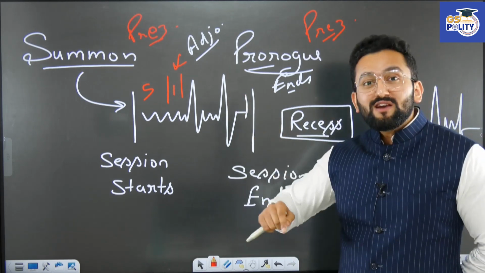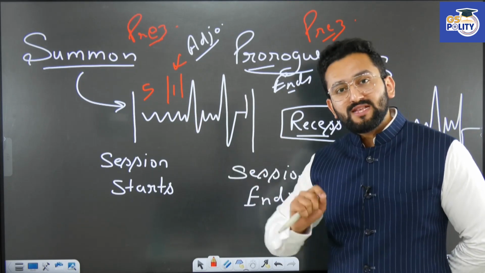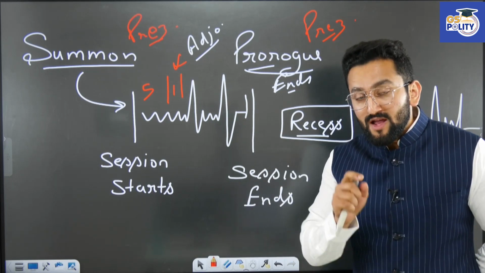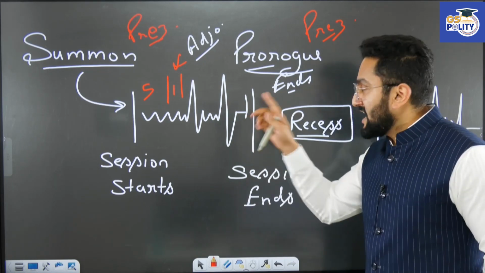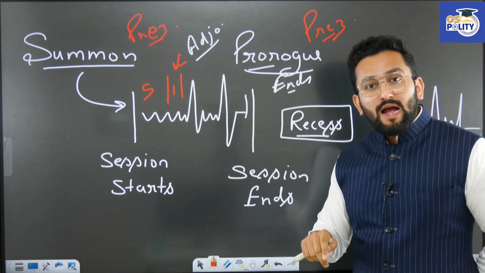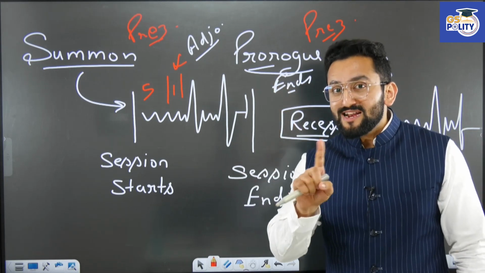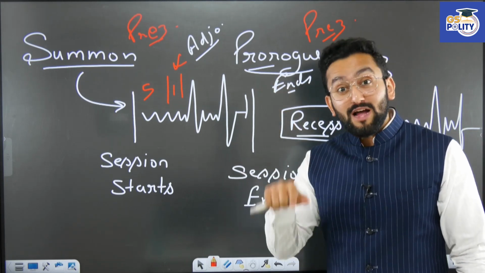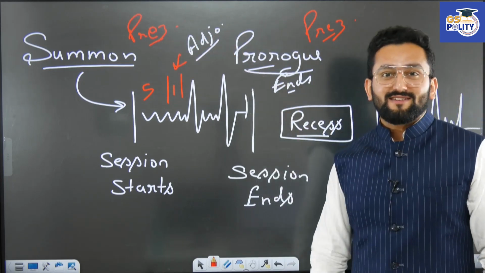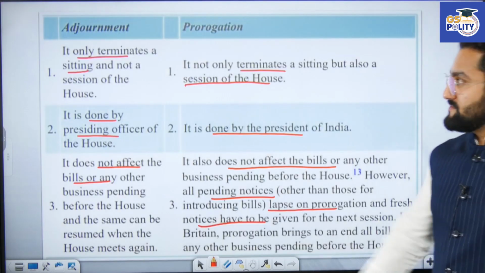So it means the speaker, the presiding officer, can actually call you back even if the adjournment or adjournment sine die has happened, okay? But please remember, in case a speaker has declared adjournment sine die, job is done, and then prorogation happened, and the president was quite fast, said prorogation. Now the speaker cannot call back the session, because now you have to summon the session again, and the power of summoning is with the president. Clear? I think it is clear to you now.